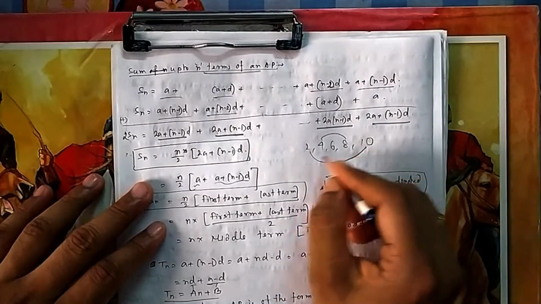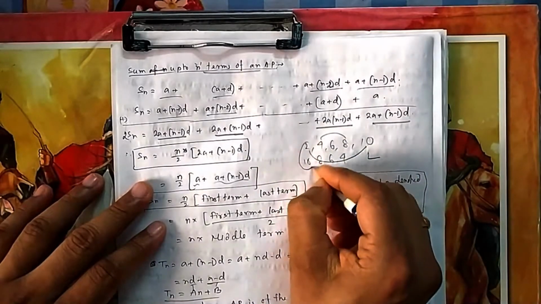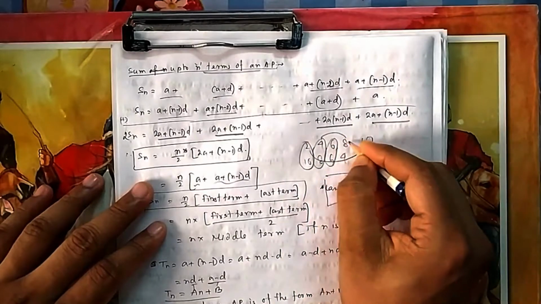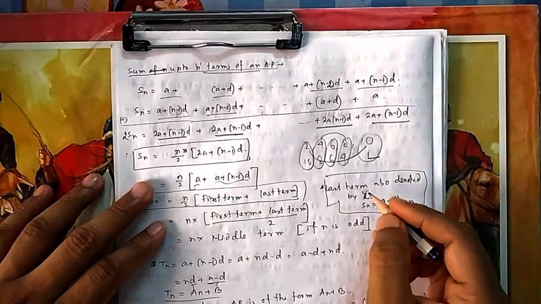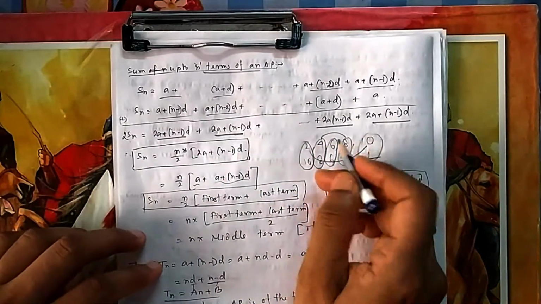So if I reverse it, write it 10, 8, 6, 4, 2. Then you add this: 10 plus 2 is 12, 8 plus 4 is 12, 6 plus 6 is 12. So it is always 12. So that's what the first and last is. So the equidistance, the